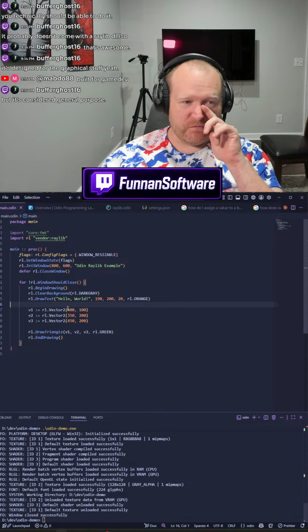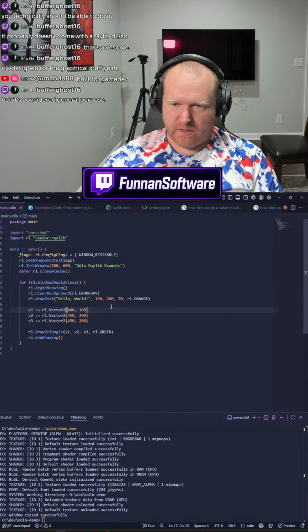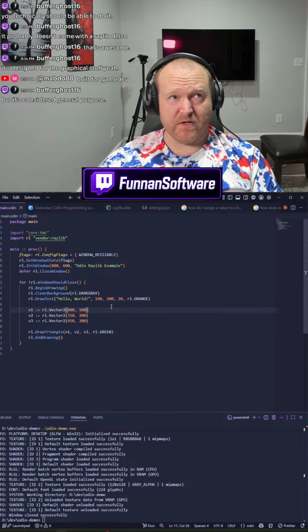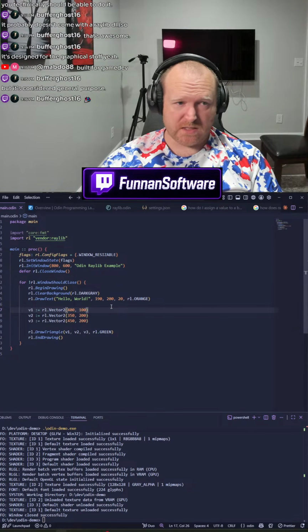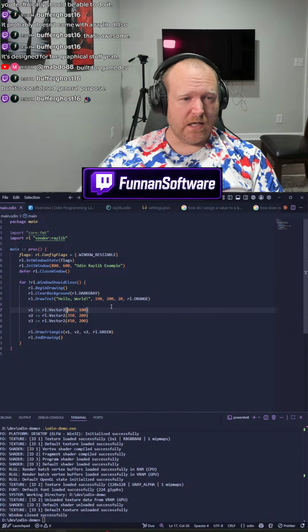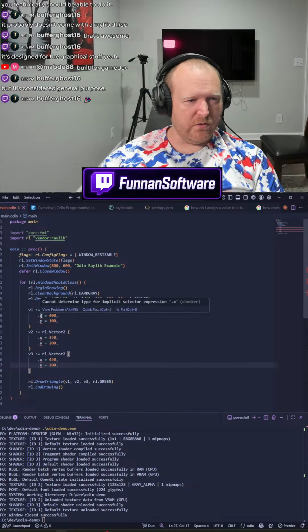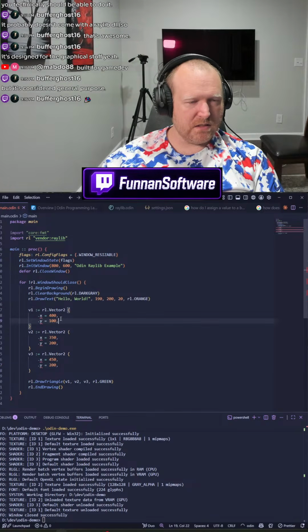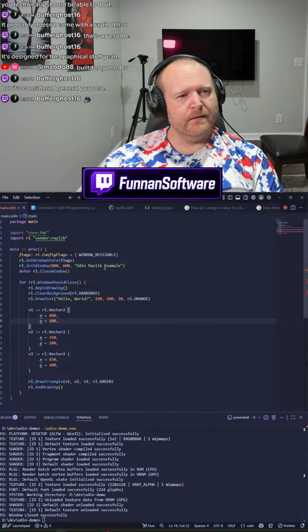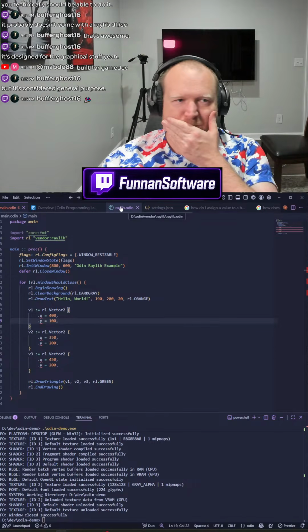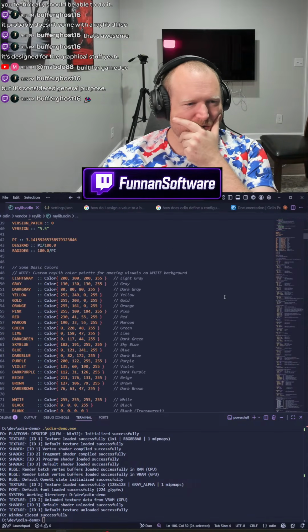So I have really started to like what C++, and I think C is starting to do. Zig does this. But like specifying dot x equals, dot y equals. I don't know if Odin does this. I forget what it's called.